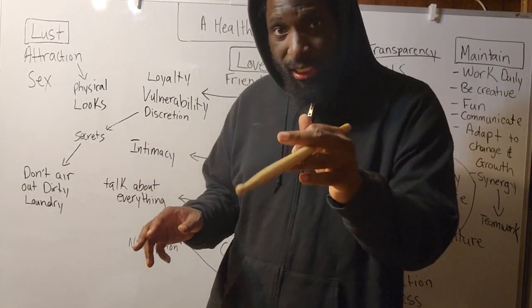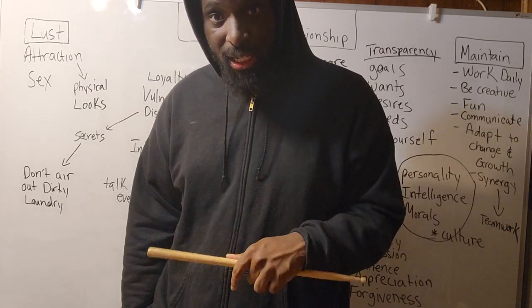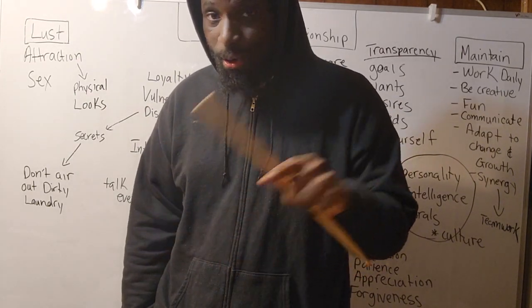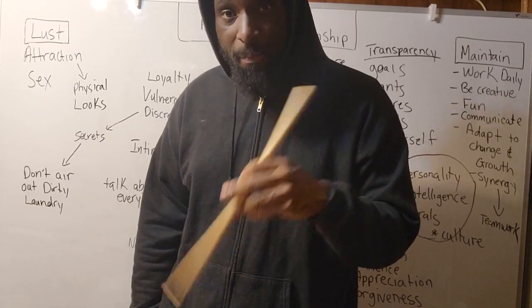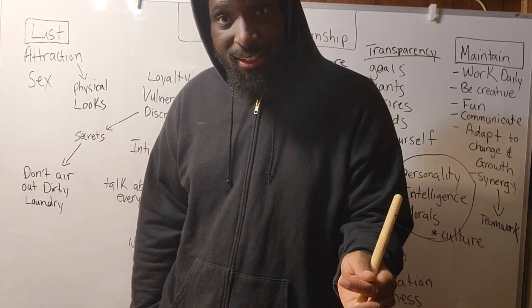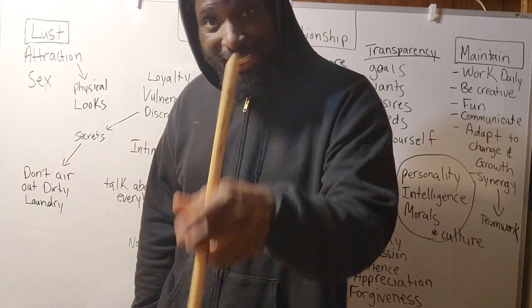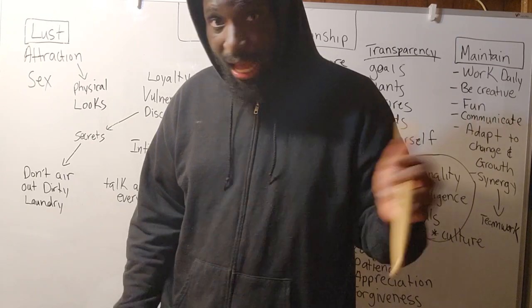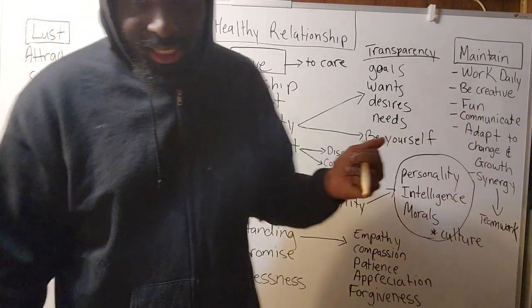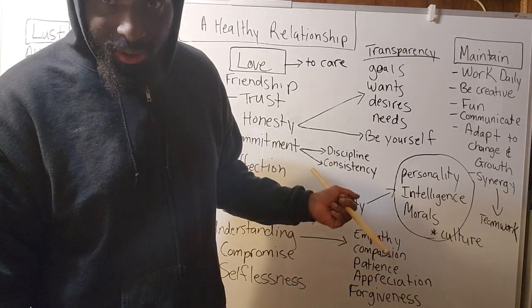You see, most relationships fizzle out because one person is not committed to the relationship any longer, right? They were not consistent. If I said I'm going to do X, Y, and Z, I must perform X, Y, and Z. That's part of the commitment, right? That's part of consistency as well. That's not easy. Consistency and discipline is not easy at all.